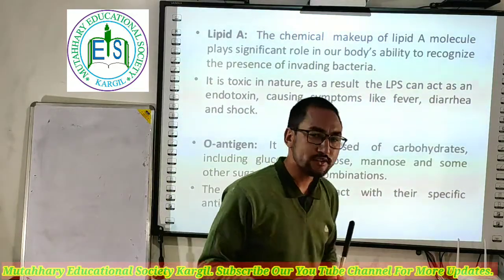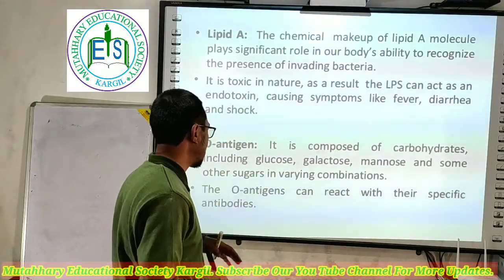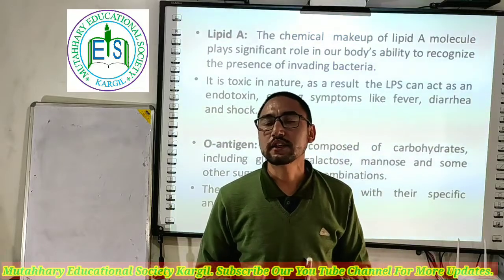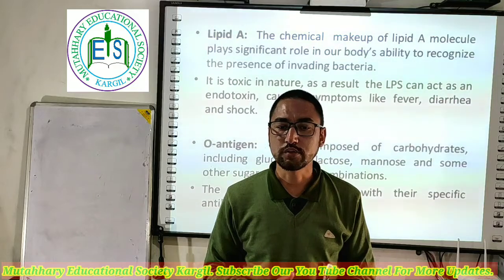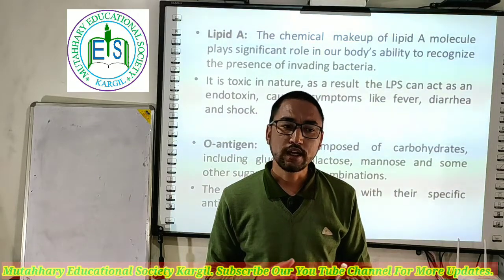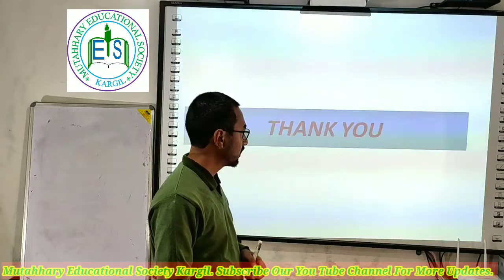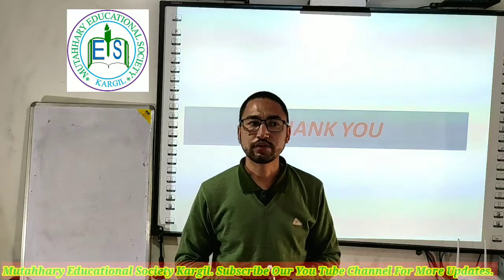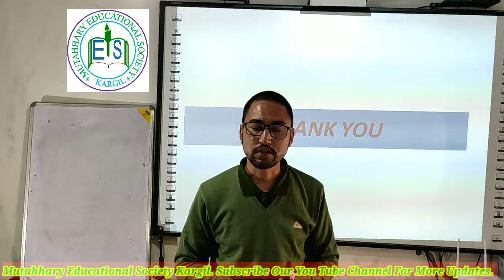These O antigens are able to react with specific antibodies, and they are also sites against which immune generation occurs, and finally elimination of the bacteria can happen from the immune system. So this is all about the structure of the bacterial cell wall and a very basic difference between gram positive and gram